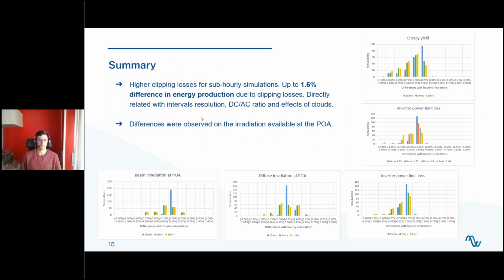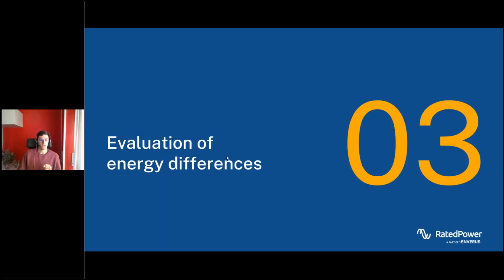And finally, also that we observed that there were differences on the radiation available at the plane of array for both components, but it wasn't clear what was happening here and what was the reason behind. So now we will go a bit deeper on these different losses that I mentioned: the irradiation at the plane of array and the inverter power limit losses, and try to find the root cause of these differences that we